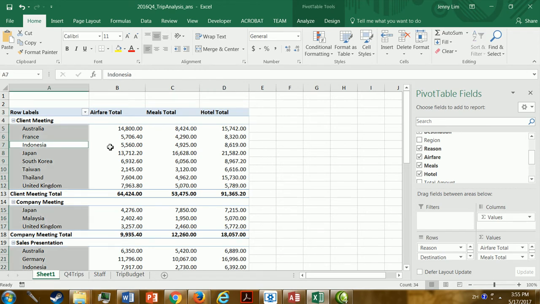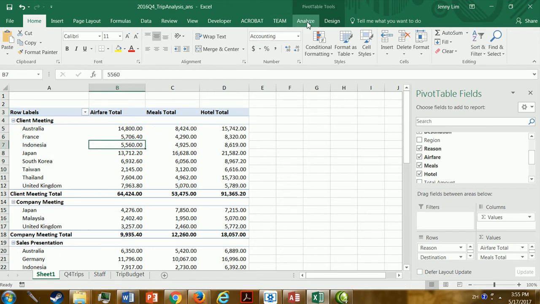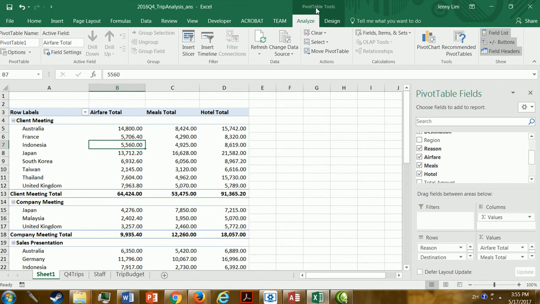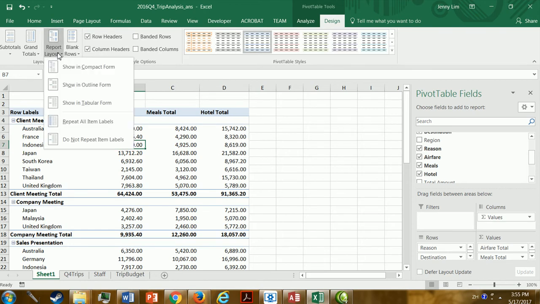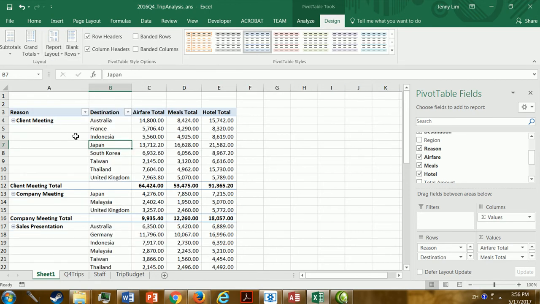Well, click on the pivot table and then you'll see two menu tabs up here. One is analyze and the other one is design. So under design you will see report layout. Just switch to tabular. Okay, and tabular will move the destination from being indented below the reason to a separate column of its own, and that's exactly what we have in our